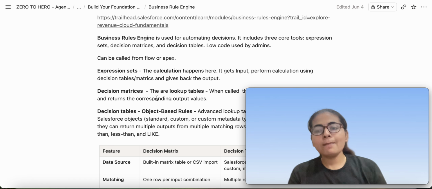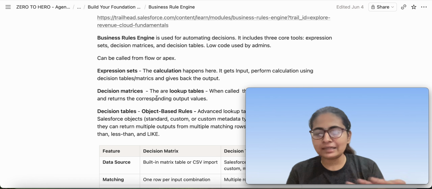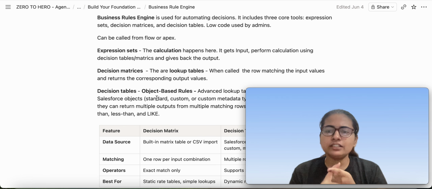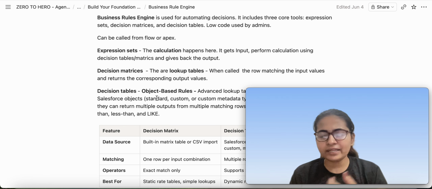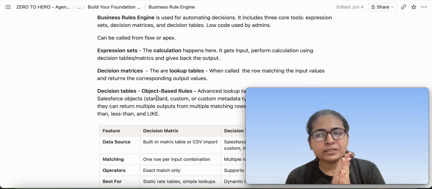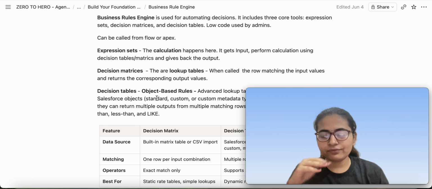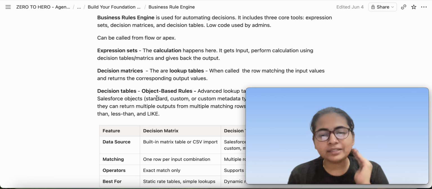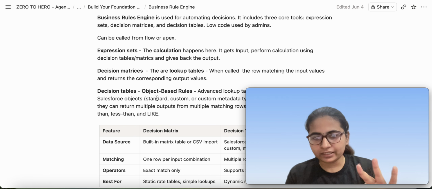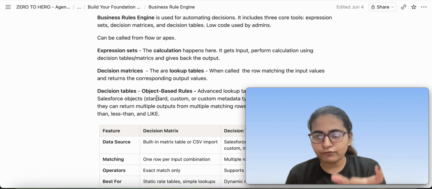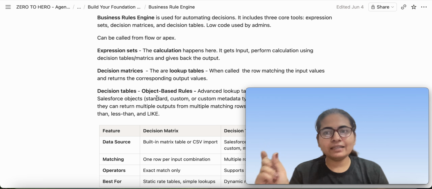No fancy stuff. But in real time, as I was telling you in that laptop example, we could have bigger, more complex things, like if it's a corporate employee, if the order is more than 10 lakhs, this is the discount we are offering. So for such information, we create a decision table with rows, such that we have three things: the type of customer, the amount of order that they have, and then the discount.